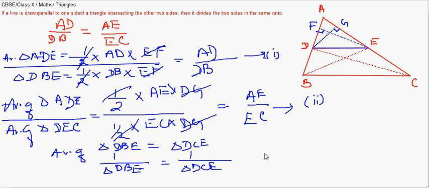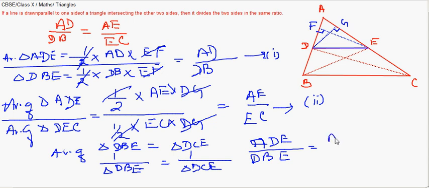So once doing so, I will be getting ADE by DBE. Though I didn't write, you can remember that I'm just multiplying a common area ADE to both sides,